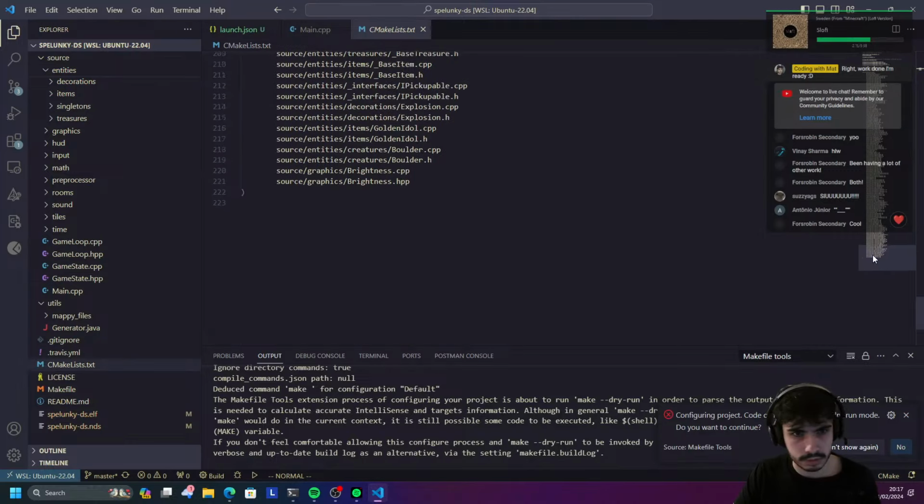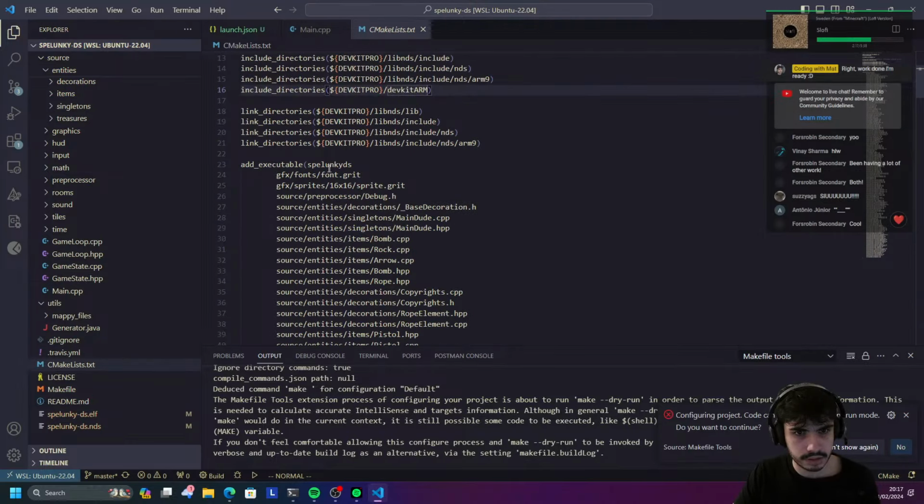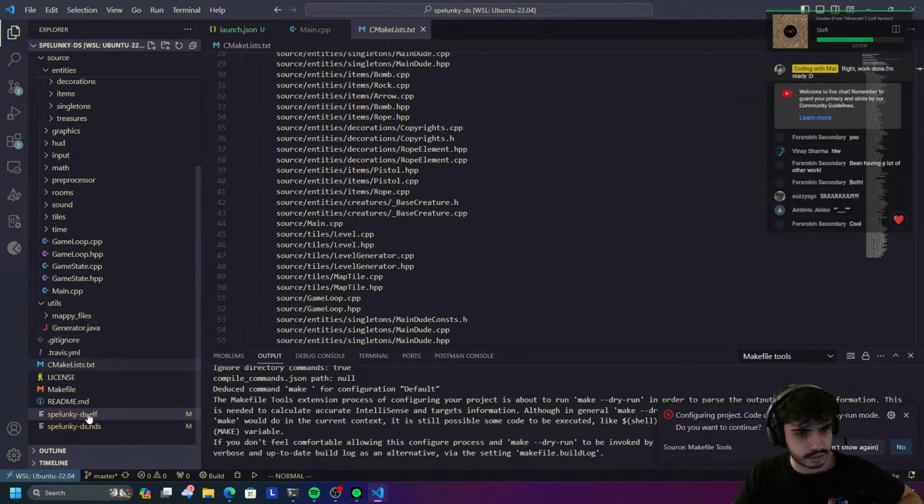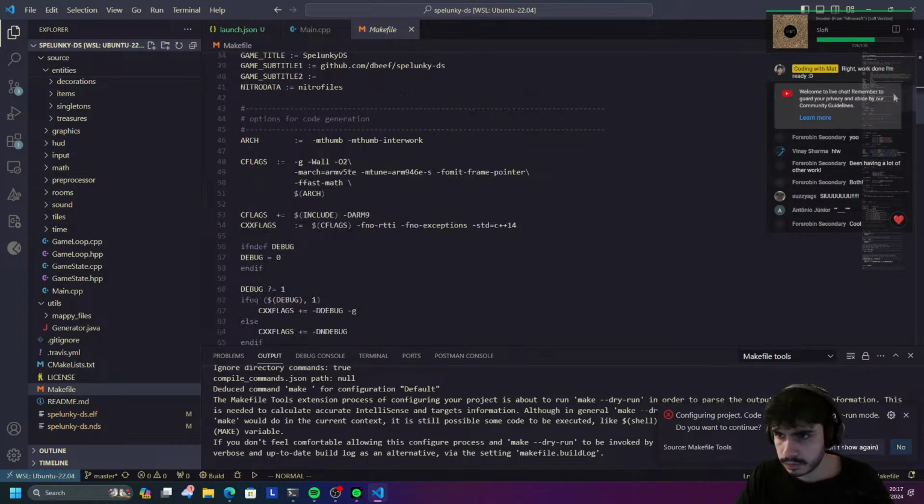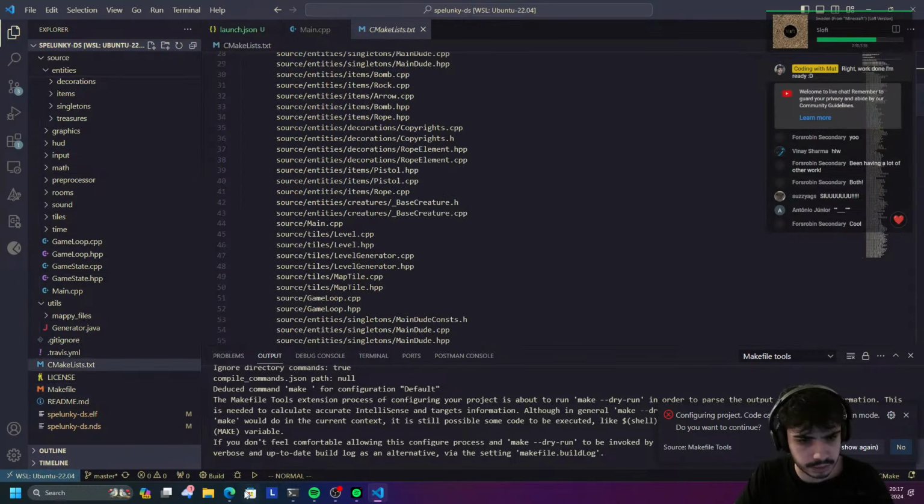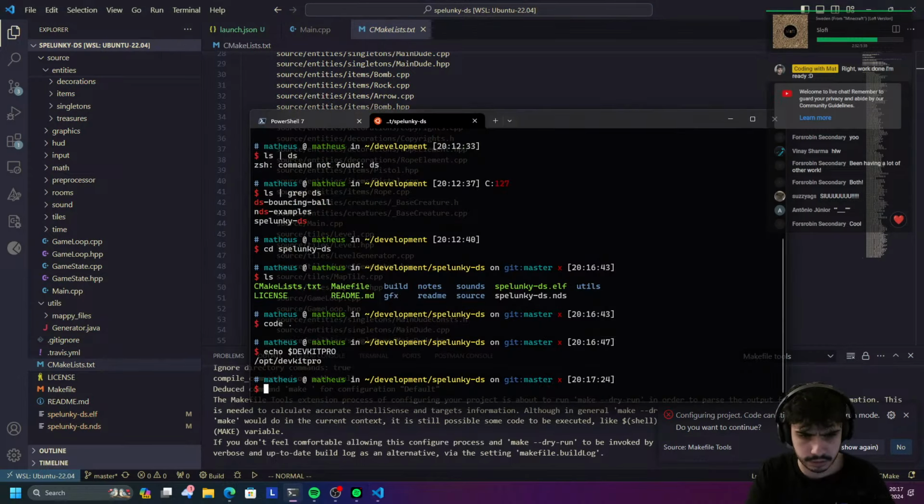Let's see what else we do here. So add_executable is Spelunker DS. Okay, cool. Let's try and run this. There is a makefile too, you can see. But I wonder what happens if we just do a CMake on this, right? So CMake this, and then if we do a set, source is going to be